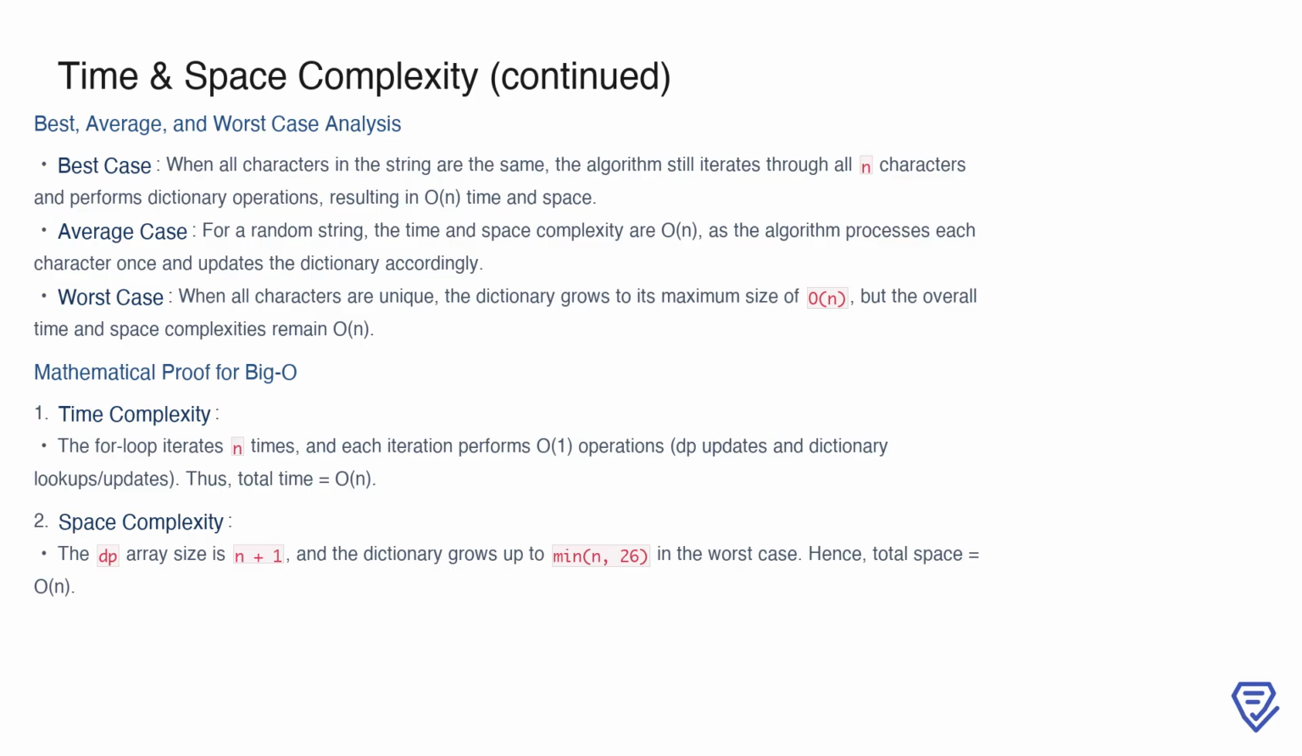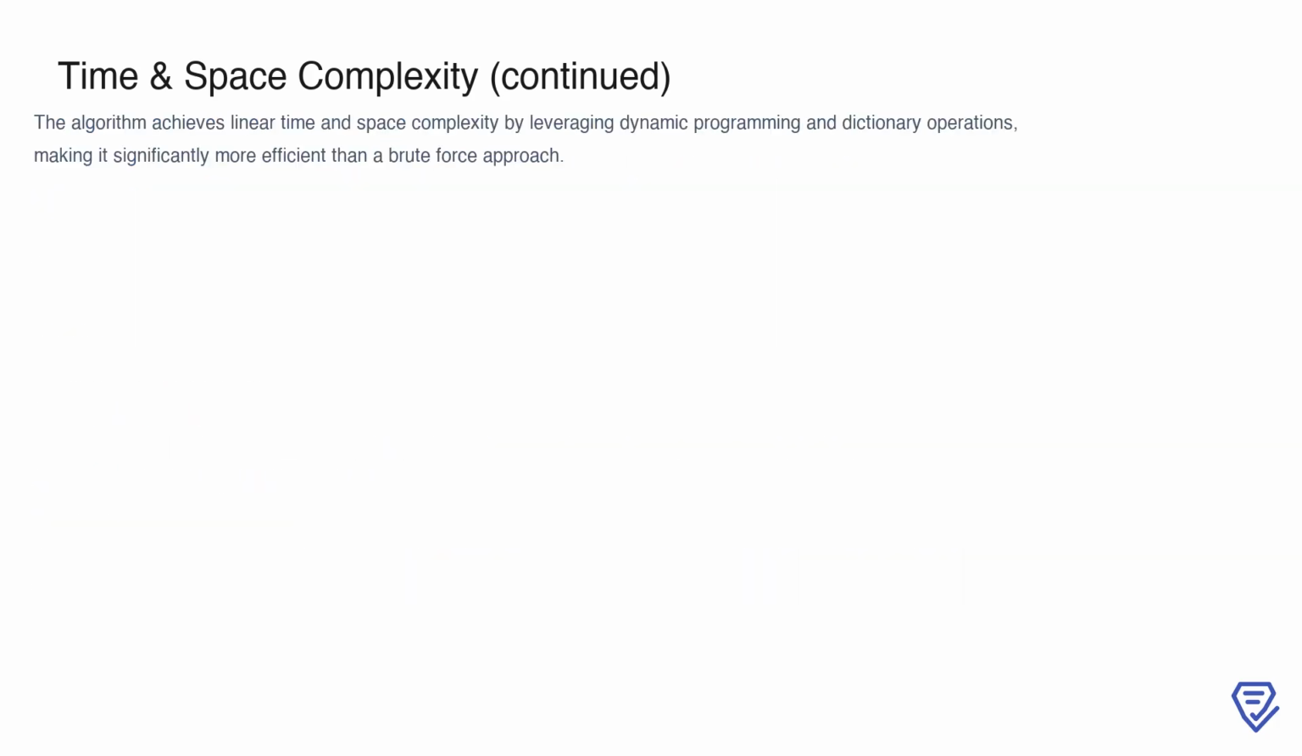Similarly, the space required for the DP array in dictionary also scales linearly, resulting in a space complexity of n. By leveraging dynamic programming and efficient dictionary operations, this algorithm achieves linear time and space complexity. This makes it significantly more efficient than a brute force approach, which would otherwise require exponential time. These optimizations ensure that the algorithm handles even large input strings effectively, providing a scalable and practical solution for calculating